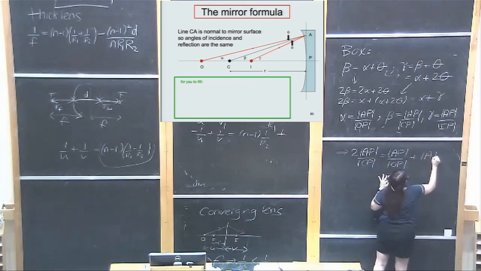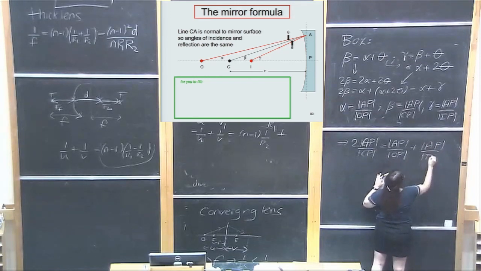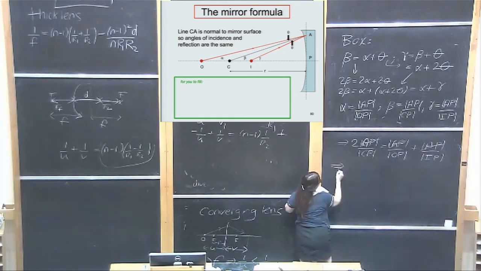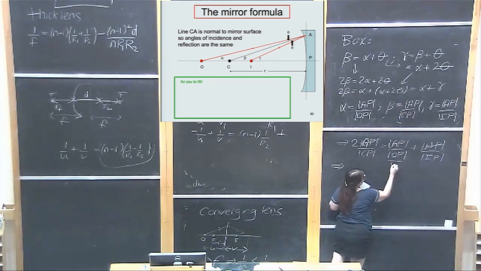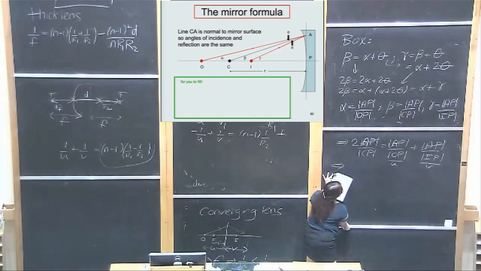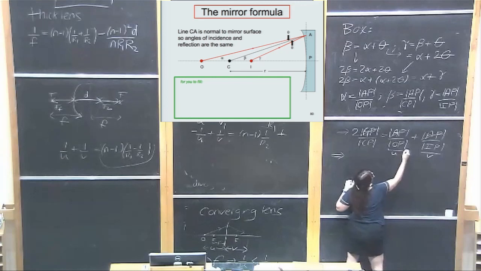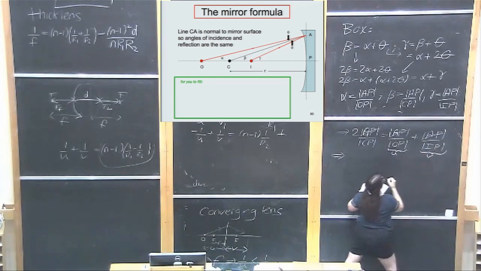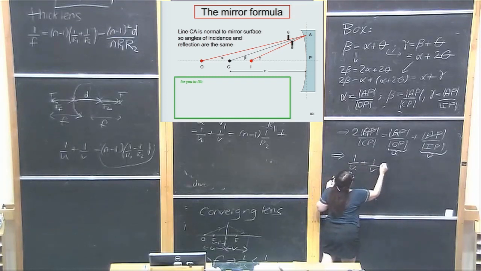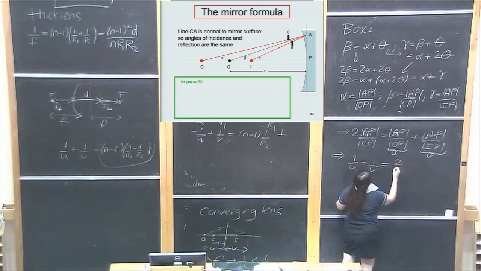Plus AP over IP. All my APs go away. And I'm also then just going to convert that. That clearly is just my object distance, more traditionally labelled as U, and that's my image distance, more traditionally labelled V. That is not a divide sign, that's supposed to be a sort of bracket thing. So what I've got is 1 over U plus 1 over V equals 2 over R, remembering that CP